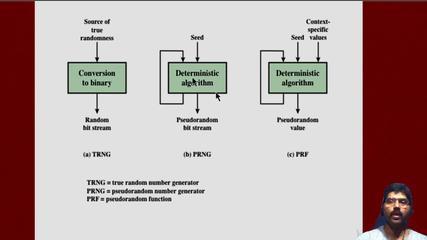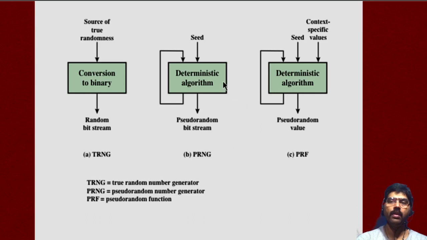In a pseudo number generator, it takes an input as a fixed value, called a seed, and produces a sequence of output bits using some deterministic algorithm. If you see here, both are taking the seed as the input. Here some computer algorithm does some mathematical work and produces a stream of bits. That is called pseudo random numbers.